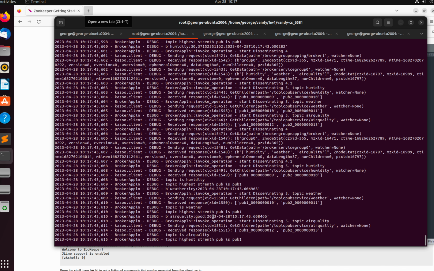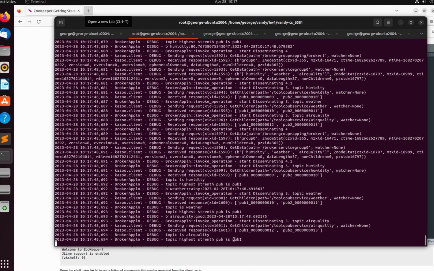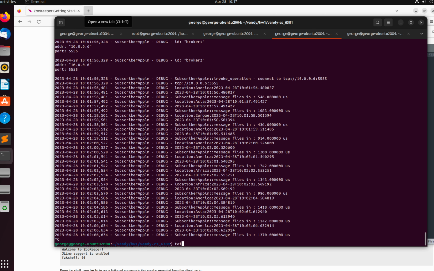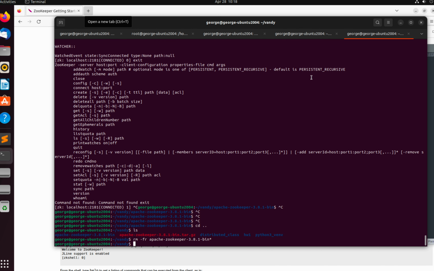So broker 2 is actually the backup broker. So you can see this indicates requirement 2 actually. The strings right now, the strings is pub 1. So both of them are actually subscribing to publisher number 1. So let me just tail the pub 1 log and